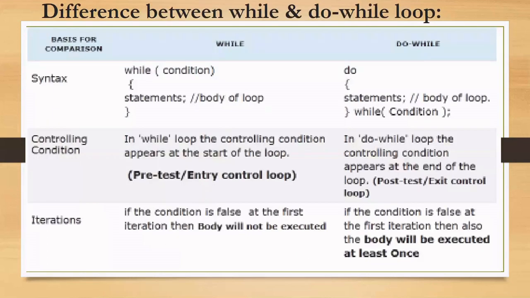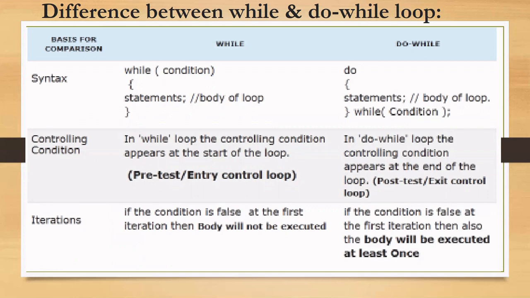Next we'll see the difference between while and do while. This is very, very important. Once you understood while, there is a small change with respect to do while, so we'll differentiate them together in a single slide. You know the syntax now. In while, first the condition comes, then the statements execute. In do while, first it goes to the do, the body statements, then it checks the condition. That is with respect to syntax.